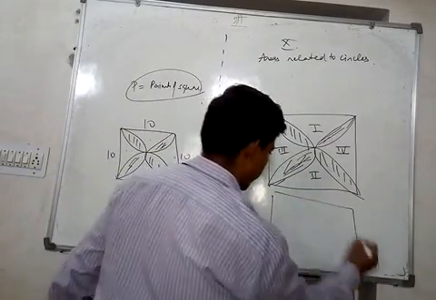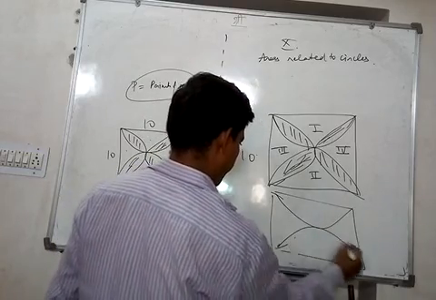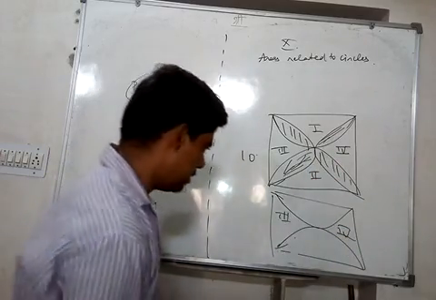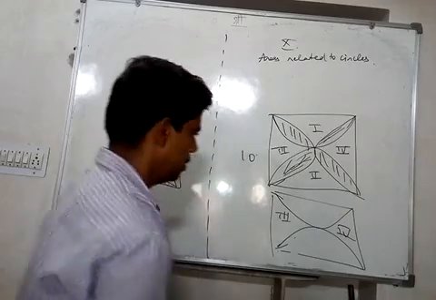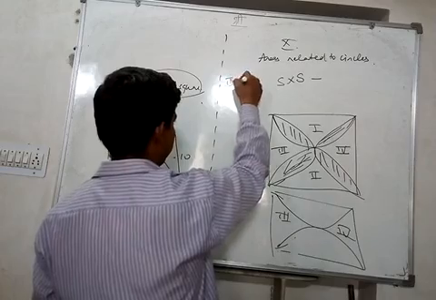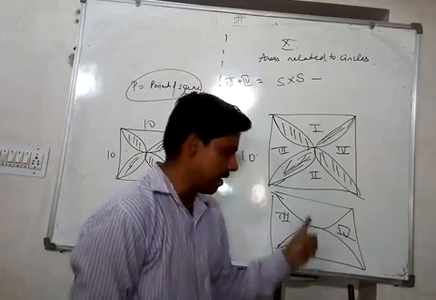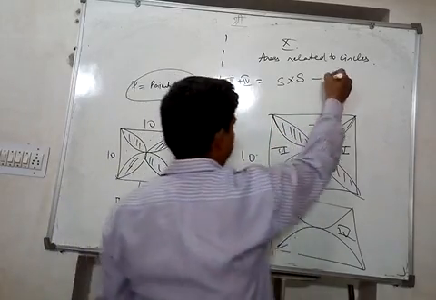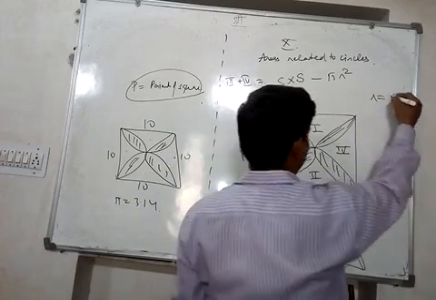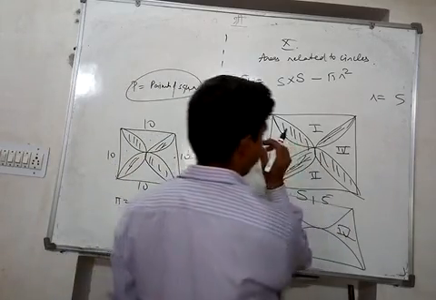Now draw them separately, right? So what is the area of 3 and 4, which is the same as 1 and 2? This is square minus 2 semicircles. So s into s, area of square, minus semicircles. And they will make a circle if you overturn them. This is pi r square, and r is equal to 10 by 2, 5. This is 10, so this is 5, right?